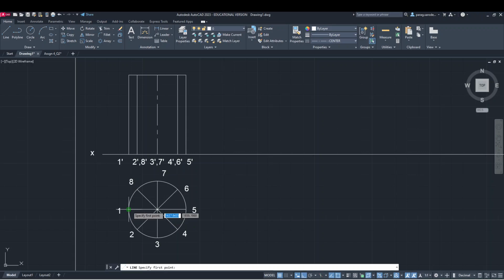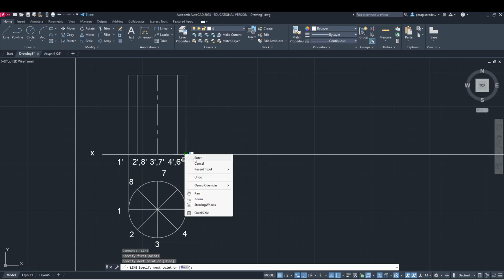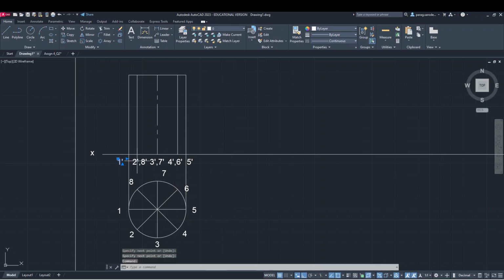Just for reference, we will keep the end projections. For that we need to change the line type again to continuous. So let us click on this. Then this. Okay. The same annotations will also be kept for the top base. So copy. In this way for the top. Now let us